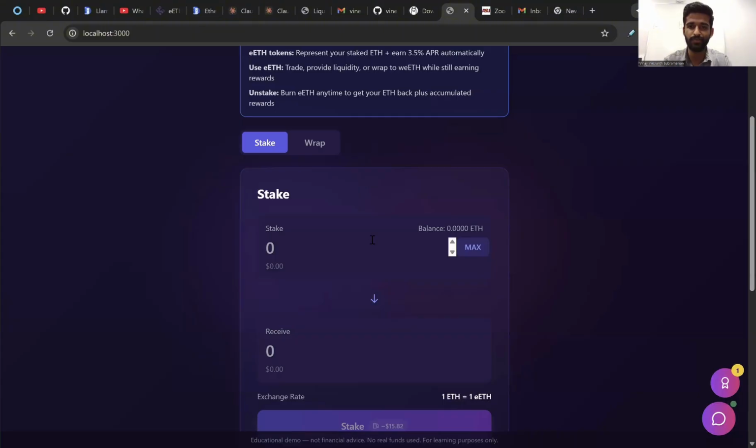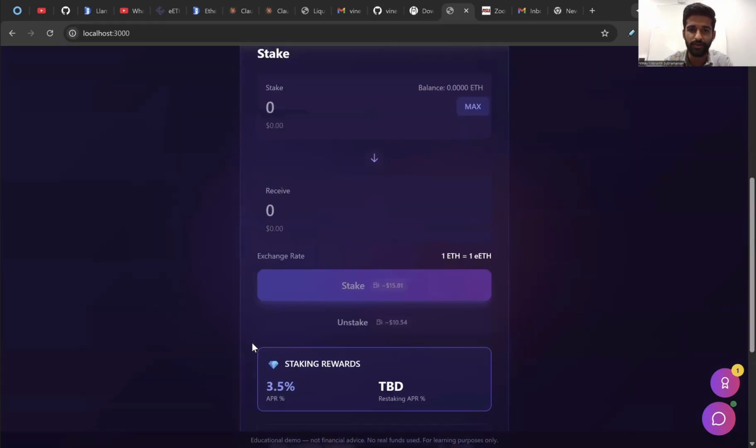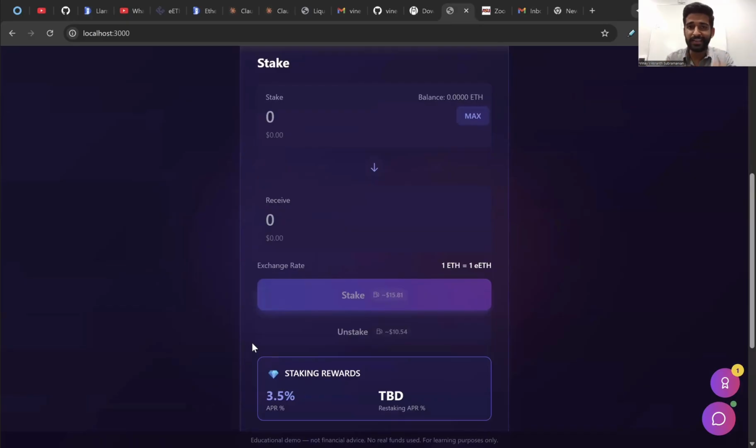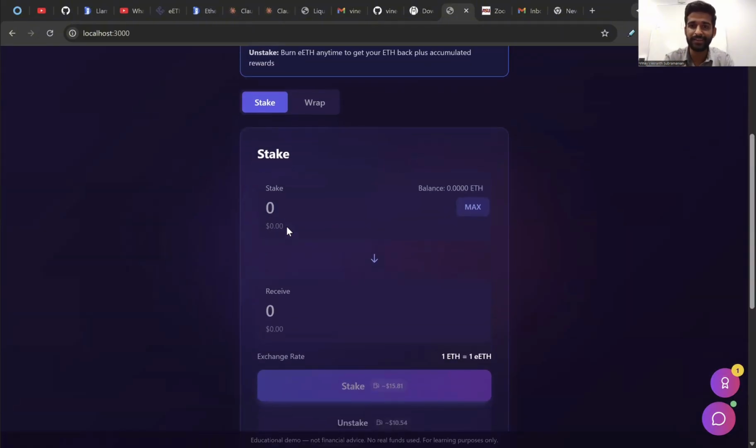Now let me not waste time here. As you can see, we have this option called Start Tutorial, which helps us understand what this page is even about. It goes on to explain each of these components, detail by detail. And as you can see from the design of this web page, we made sure that whatever we are designing is the exact replica of how the original website looks if we want to stake and unstake. That's how this entire thing has been done, and this works perfectly as well.